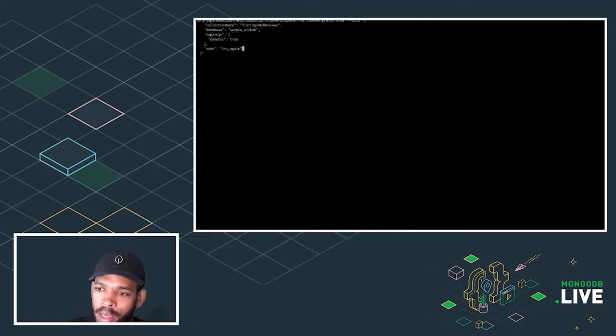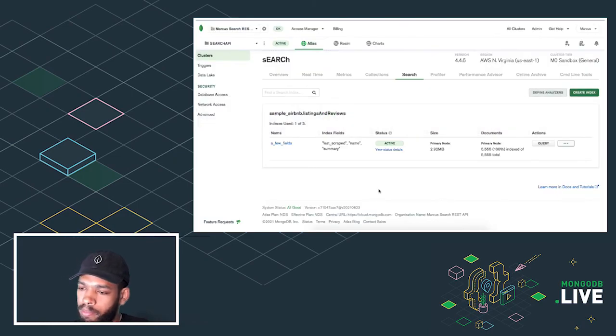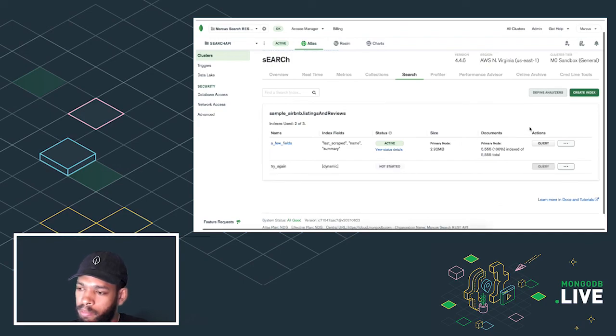Specify the collection name, the database, and then you include your JSON index definition. And all the other parameters you typically use with the Atlas API. And there's the try again index.